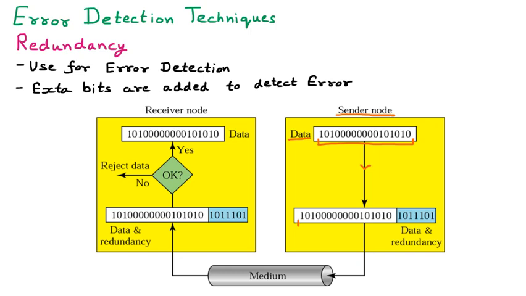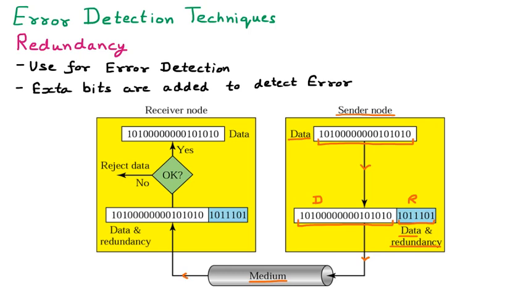Now in this data we are adding some redundancy. So here we are adding some bits. So here we can say that the data and redundancy are both together. This is the data, and this is the redundancy. Now this redundancy can be some code, some 101 sequence, that can be calculated by any method, for the checking purpose. Just like if I say that the sum of all these bits should be like this, that can be some redundancy bits. Now these two are sent, and via this medium the data is moving in this direction.